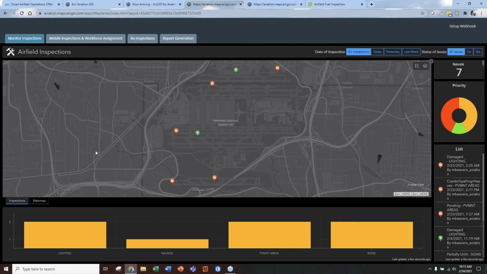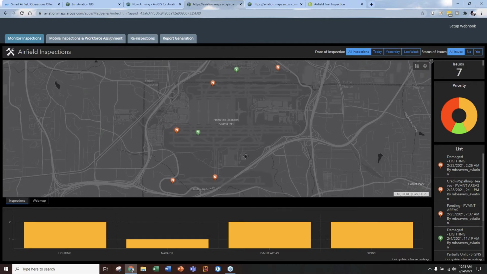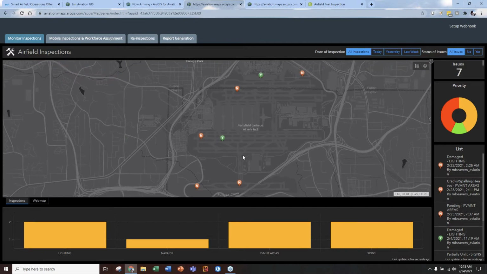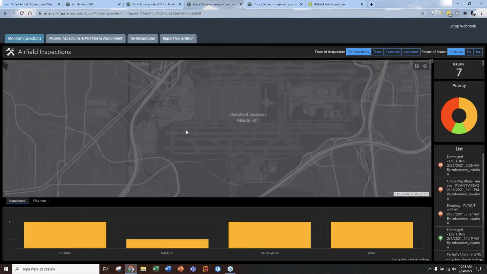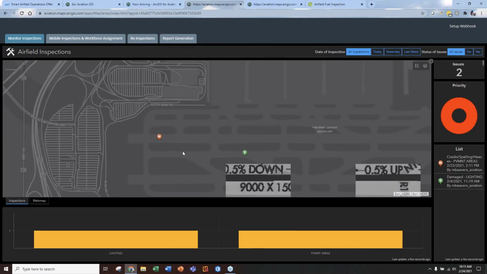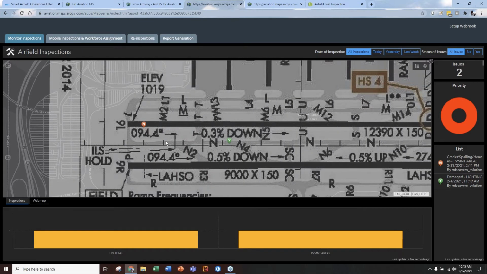So I'm going to be the airside operations manager, and from my laptop or my desktop or even on a tablet, I could log into this app securely and then have access to this information about inspections and any discrepancies. Of course, the main focus of the app is the map, and you can see here at Atlanta Hartsfield, I have the map where I can move around and then zoom in and get more detailed information about specific inspections. Notice as I zoom in, I can get an airfield diagram